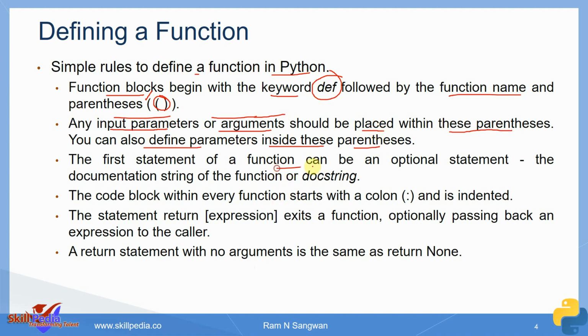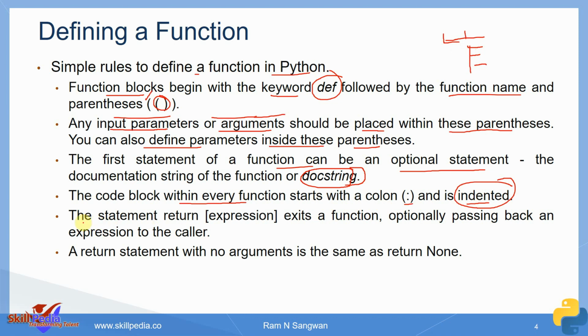The first statement of a function can be an optional statement, that is the docstring. You notice that one line was there within double quotes, which was actually giving the meaning of the function, why we are creating that function. And the code block within every function starts with a colon and is indented. The function def started from here, but the rest of the code was indented, because Python is very particular about indentation, and that's how it understands